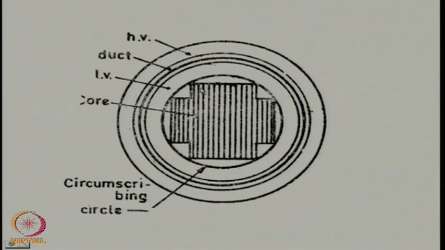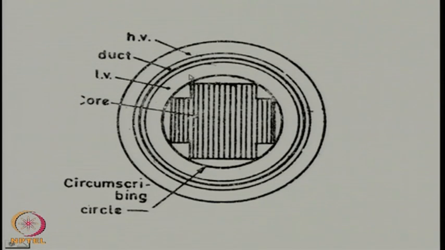On the lamination, usually a cylinder will be placed, which is made up of insulating material, so that it provides insulation between the core and the winding that will be placed next. The low voltage winding is placed on that insulating cylinder,